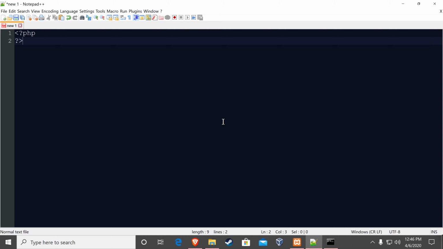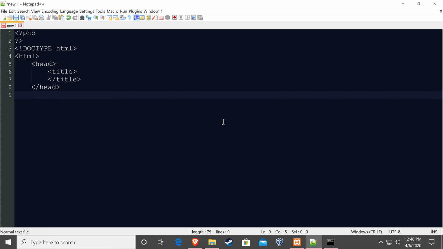Some servers make you use that PHP tag just for security reasons, I believe. I just like programming like this. Let me see. Oops, HTML. And then head. Title. Close the head. We're going to open the body here. And then